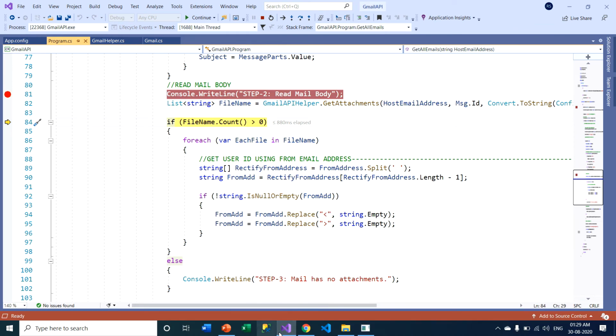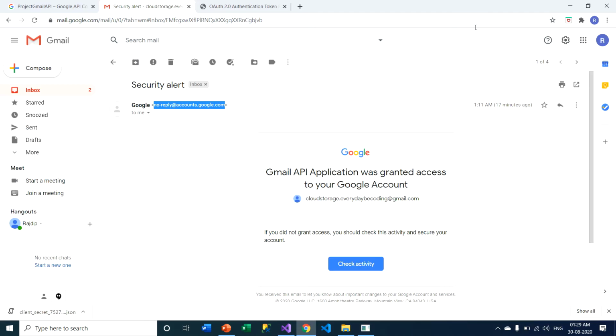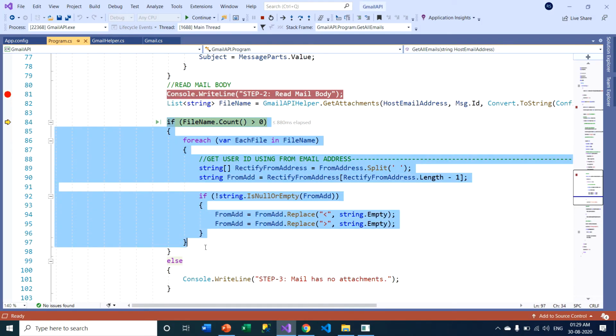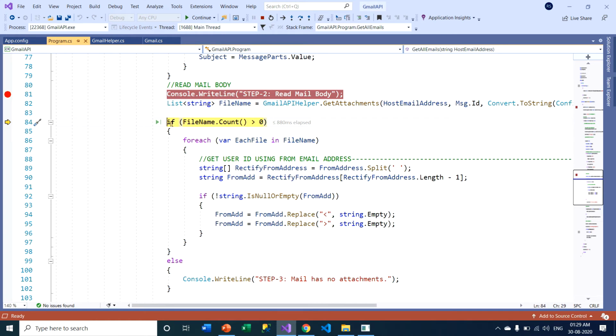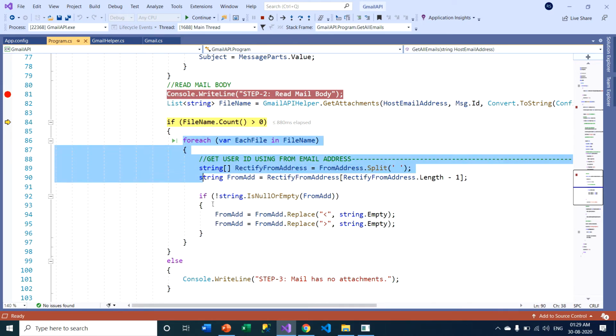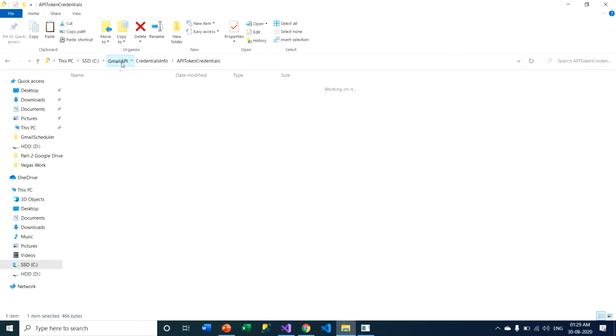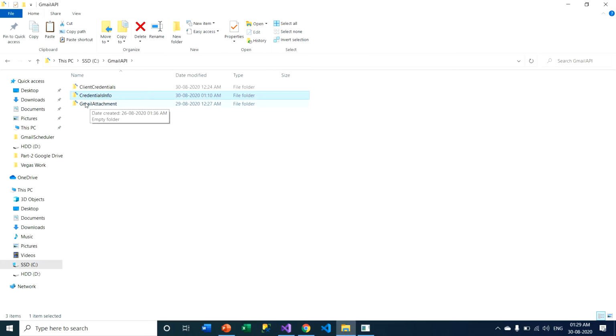So if this particular mail has an attachment, in this case it returns the file names. What we do after that is check whether fileName.Count is greater than 0. That means this file name has content, and we loop through all those file names and put them under this particular folder, Google attachment.